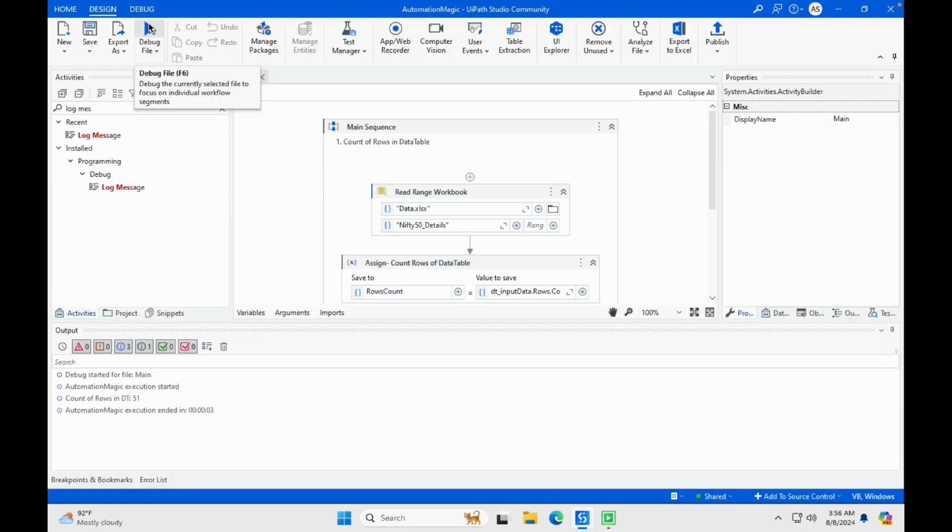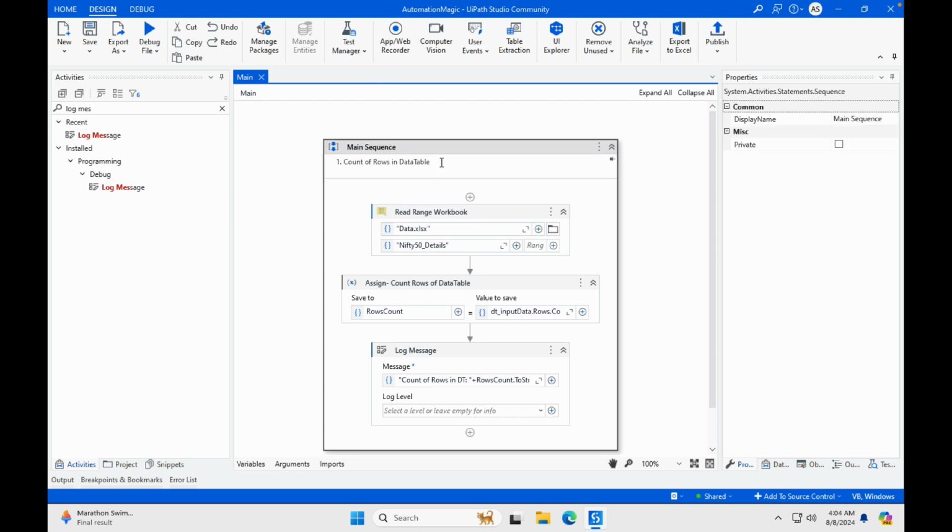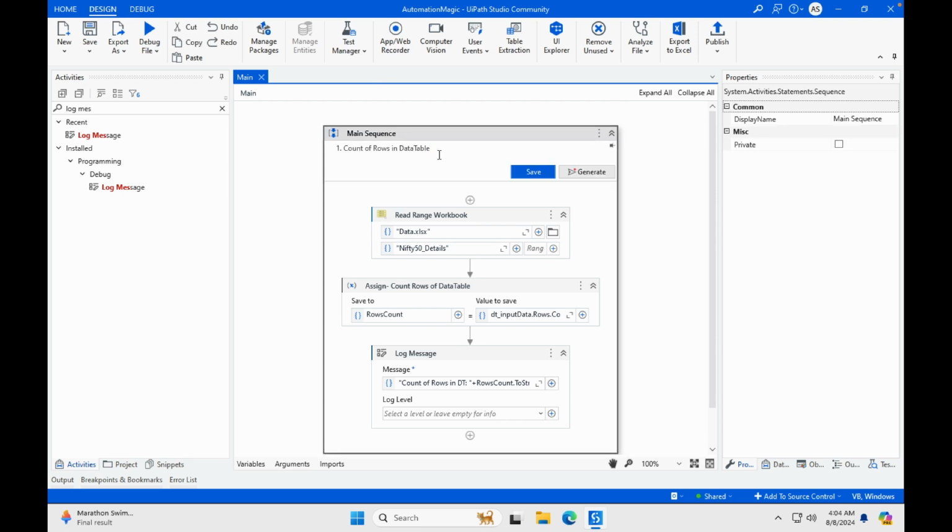Okay, so it shows me that we have 51 rows available in the data table. Okay, so the next method is how we can get the top 5 records from the data table. It depends upon your requirement if you want to get only 5 or 10 or 15. So we are going to see how we can do that. Okay, I'll just add an annotation: how to get top n records